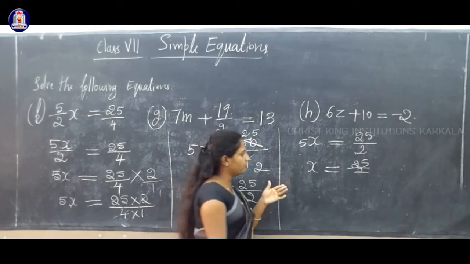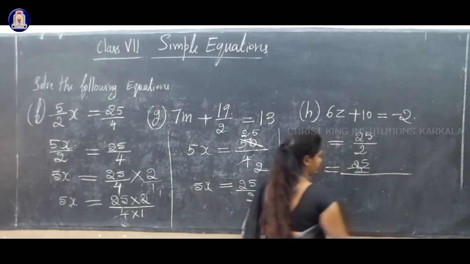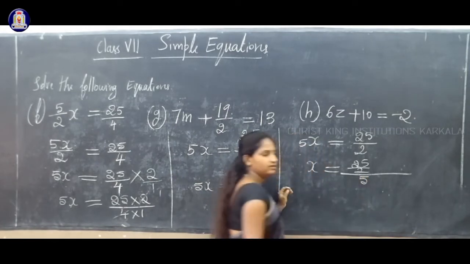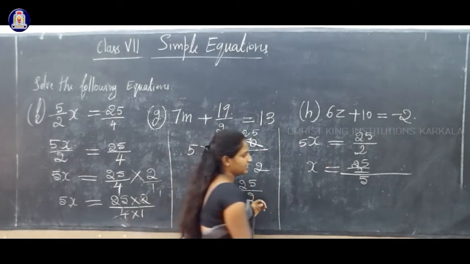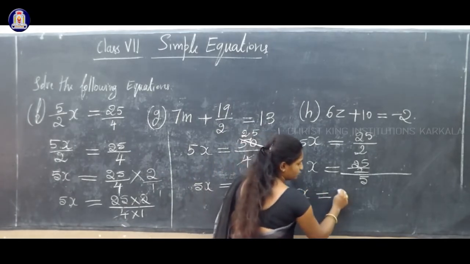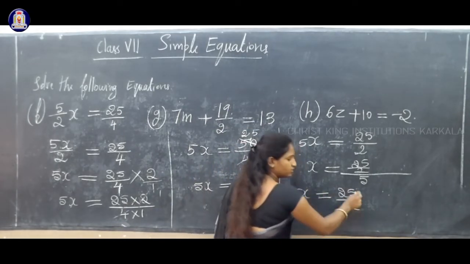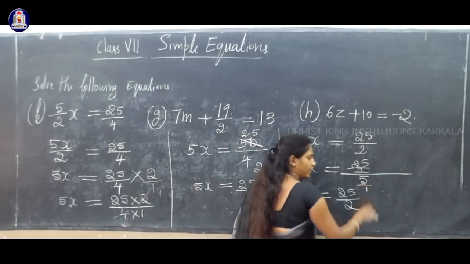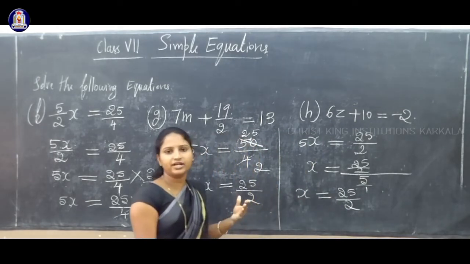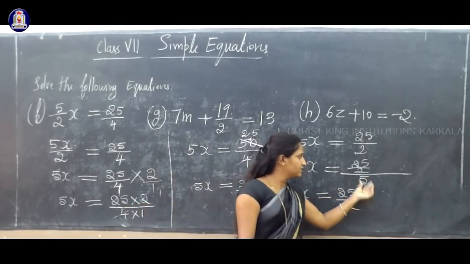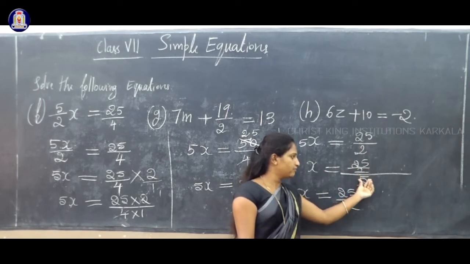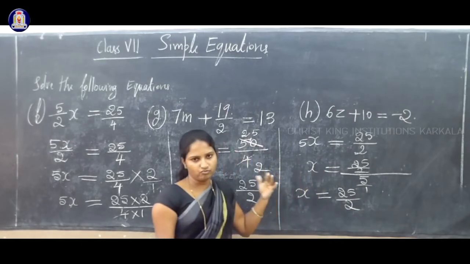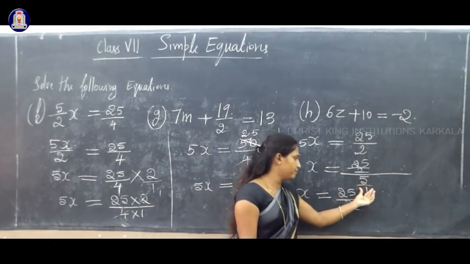So this 5 divides the right hand side. Whole divided by 5. You must write like this, whole divided by 5. Clear? So what is the denominator of 5? X is equal to 25 by 2 whole divided by 5. That we can write 5 by 1. Here it is 25 by 2, then here 5 divided by 1. There is no denominator, but you can write 1 in the denominator. Okay? So 5 by 1.